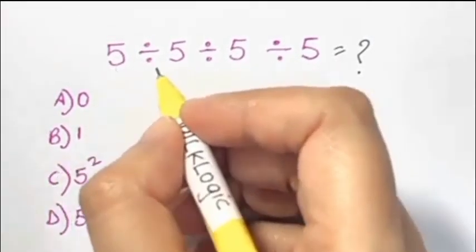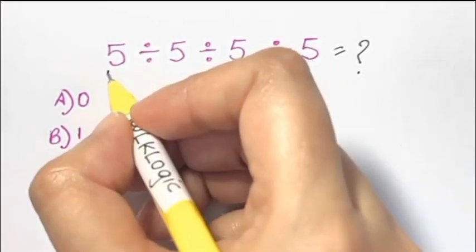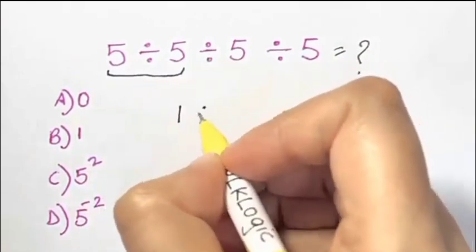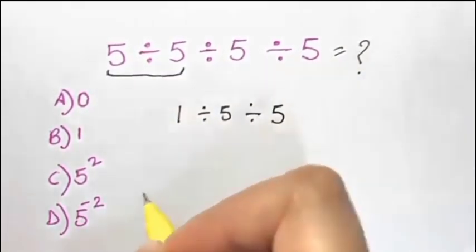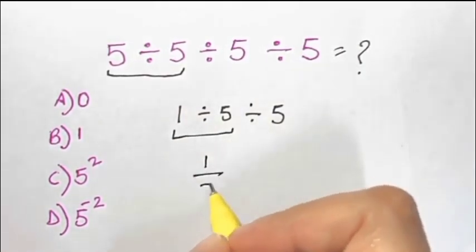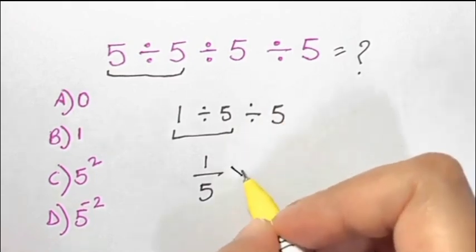So first of all, if you're using PEMDAS or BODMAS, just start from the left hand side. 5 divided by 5 is 1. Then again you have divided by 5 and you have divided by 5. Now again from the left hand side, 1 divided by 5. I'm going to write it like this, 1 divided by 5, and this divided by 5 turns into times 1